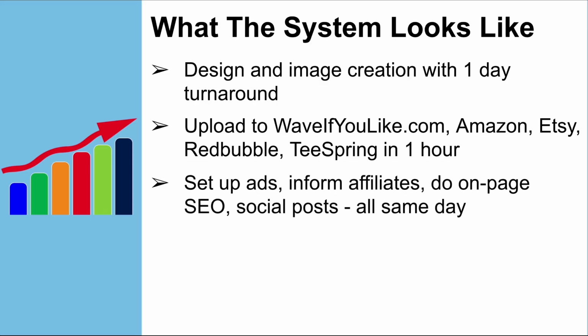Then the ads, again, very tedious to set up, but because there's a process, I'll go boom, boom, boom, and the ads are running, the SEO is set, social posts are made. I'll inform the affiliates that a new design is made, a new sale is happening, and they'll start promoting. And so the marketing will start for that shirt too. All automated, all on that same day. There's not much low-level work that I have to do.